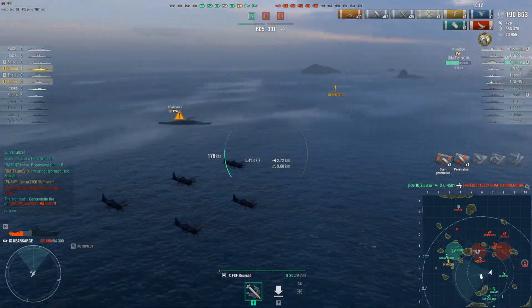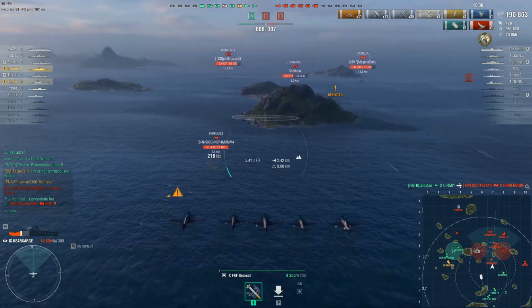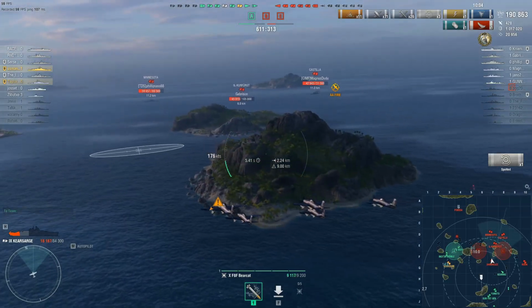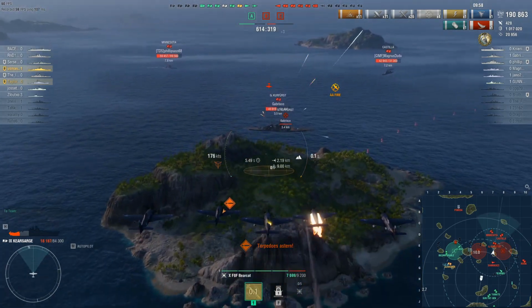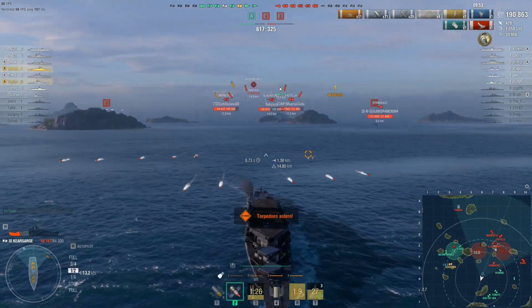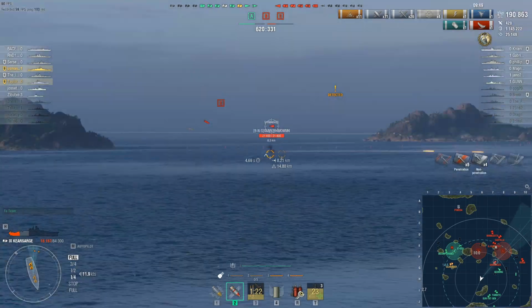Sometimes the people shoot on the deck of the Kearsarge. Sometimes it happens that you get away with it, but most of the time it does not happen. In this case, obviously the Shimakaze sends torpedoes astern. It would have gotten spotted by Kearsarge regardless. But yeah, he sent the torps again, and that's very important, that you have to be